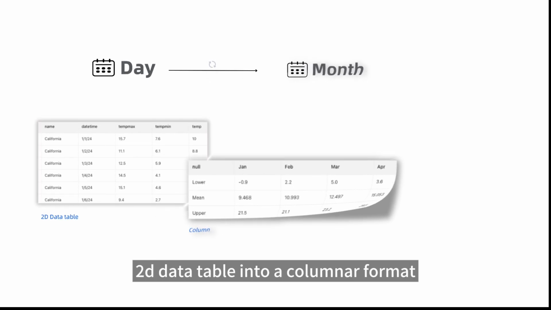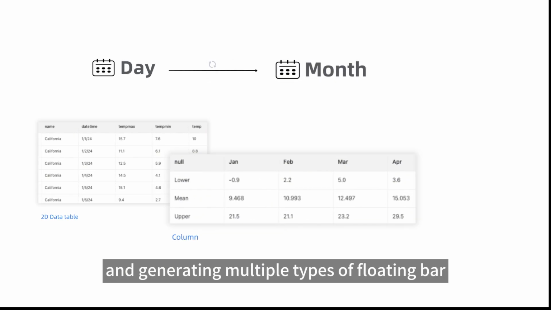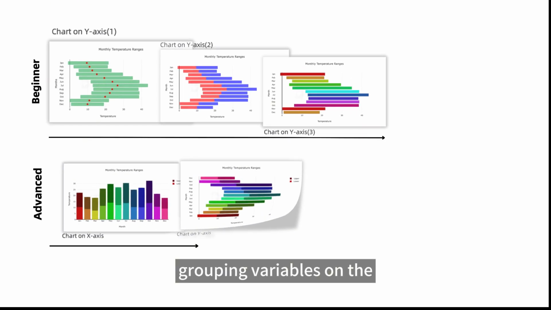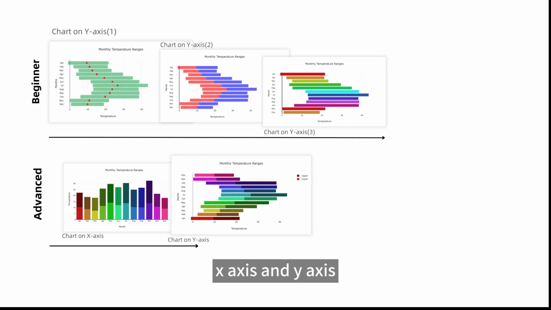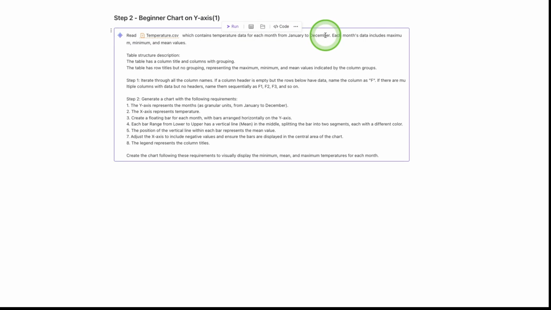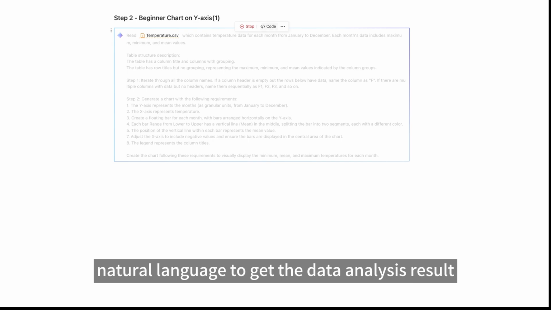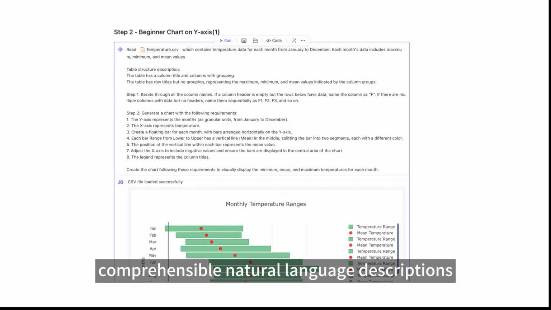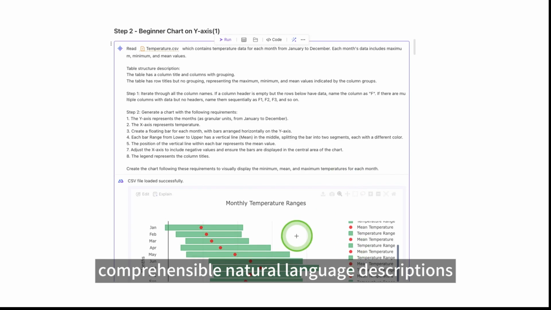Today, we will be converting a 2D data table into a columnar format and generating multiple types of floating bar charts to compare visualizations with grouping variables on the x-axis and y-axis. Don't worry about using the AI agent-driven Base Lab. All you need is natural language to get the data analysis result. All content will be explained in the most comprehensible natural language descriptions to help you get started with data analysis